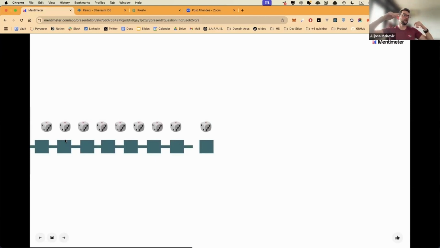It can be 5. So the next block after it's going to have the 5. So it's linked together, and then it's going to have its own number. It can be 1. So the next one is going to have 1, and it's going to have another number, and so the streak continues. So basically, a cryptographic hash is a short string that's unique and made from the content of that block.